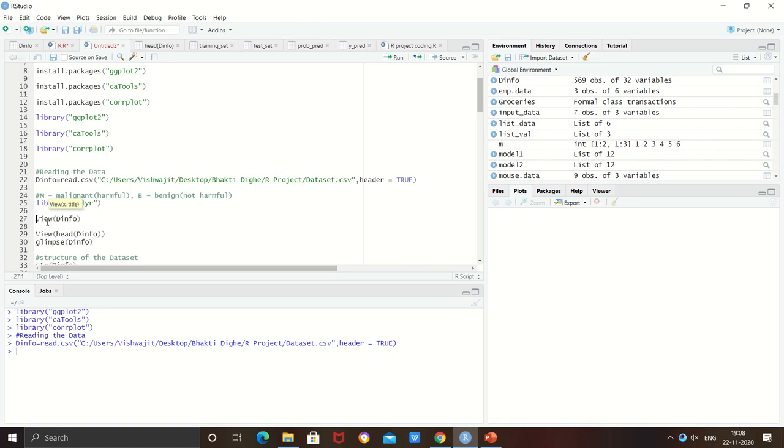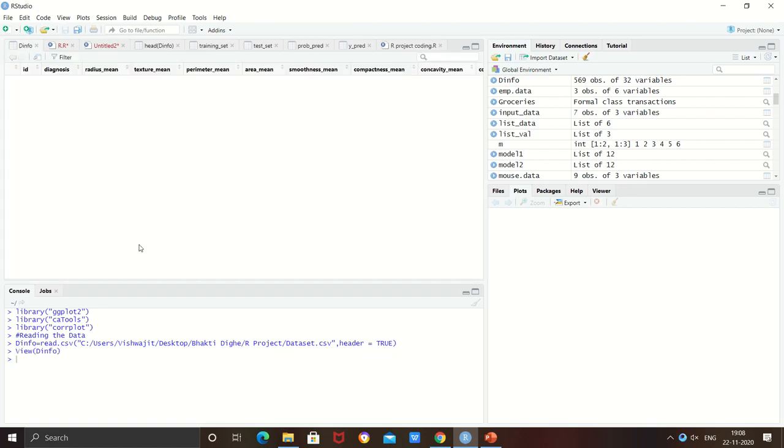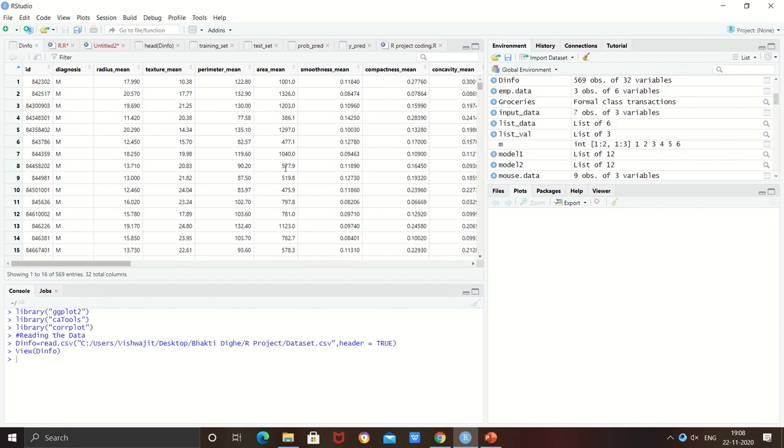Here we will use the view function to see all the observations in our dataset. So here you can see on your screen that using the view function we can see all the data of our dataset.